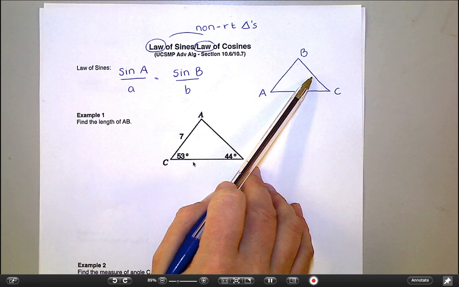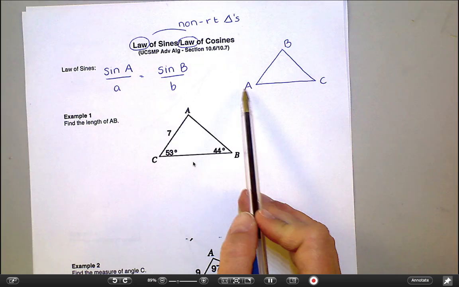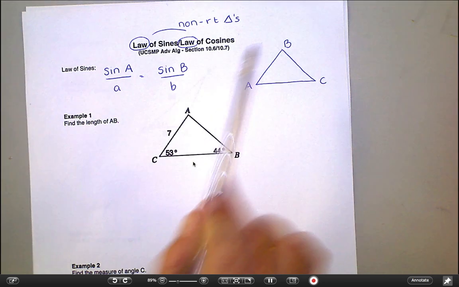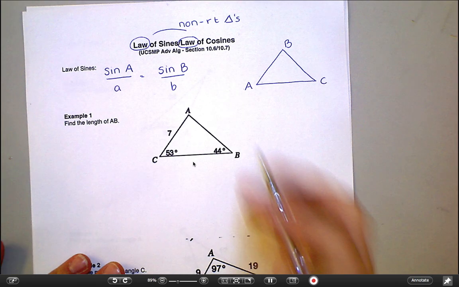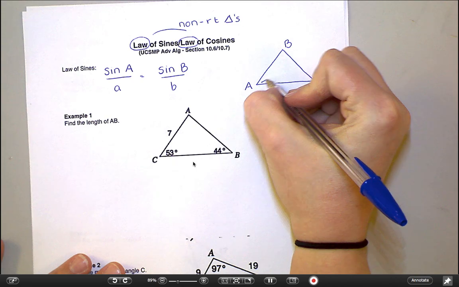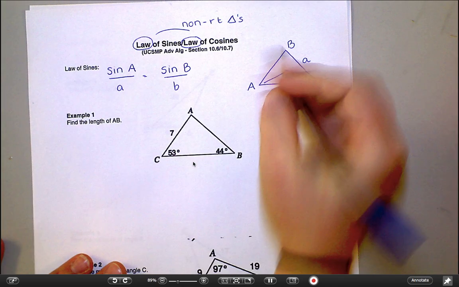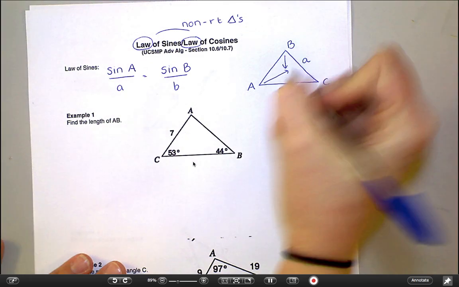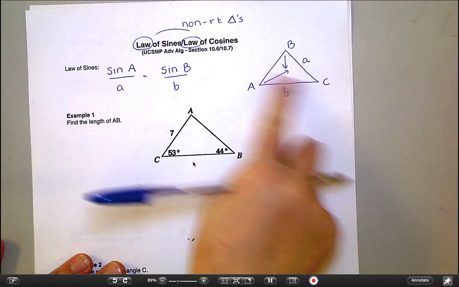For that, we want to use lowercase letters to differentiate from these. And we also always use the lowercase letter from the angle that's right across from it. So for example, if this is angle A, then this side over here would be called side A. If this is angle B, then this side down here would be side B,